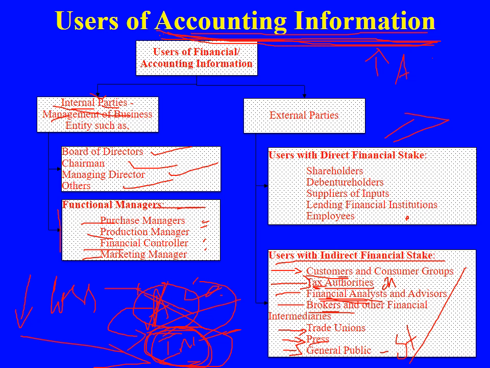At the same time, the general public, common people who are there in society, also want accounting information. In the general public, if we take students, they need accounting information. Likewise, research scholars might need accounting information. Teaching faculty might need accounting information. And the purpose of those general public users differs from one to another. So these are all the users and uses of accounting information here.